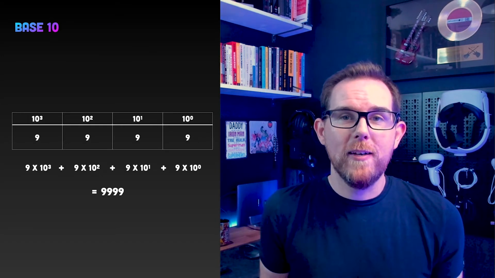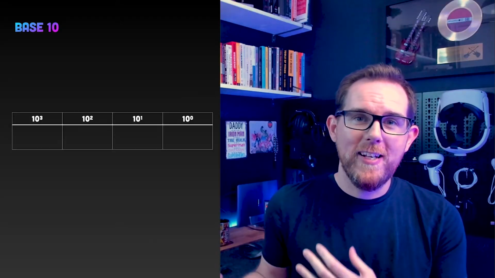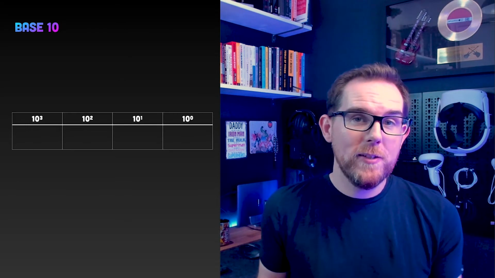Everyone knows the base 10 number system, and it's probably the one everyone uses because we all have 10 fingers. There are, however, other base number systems that we use. Now imagine instead of 10 characters to represent all numbers, we only had 2. And if those 2 characters happen to be 0 and 1, then that is what we call the binary system. If we go back to our 4 columns, in the base 10 number system, each column was a power of 10. In the base 2 number system, it shouldn't be a surprise then that each column is a power of 2.